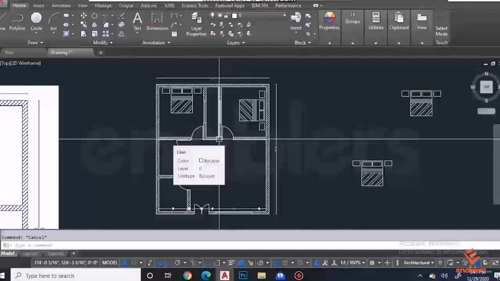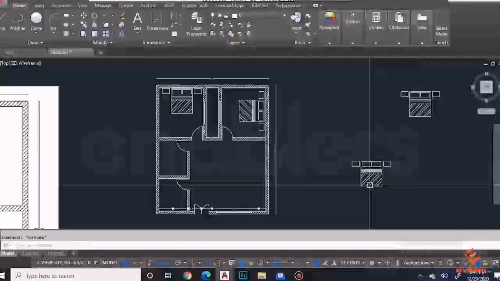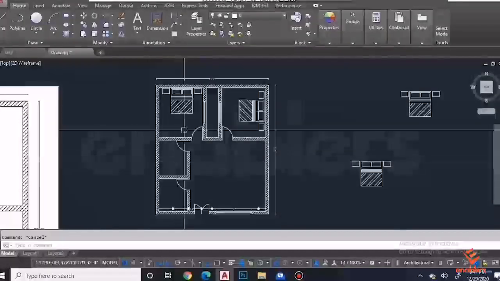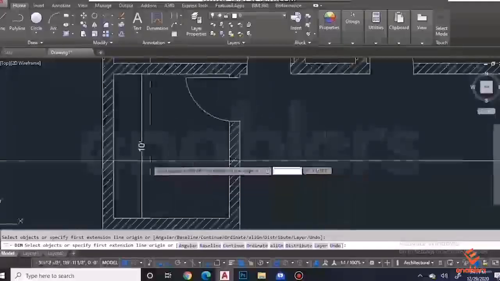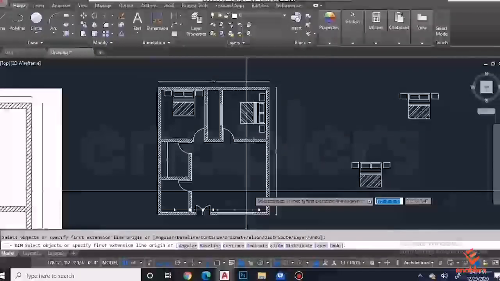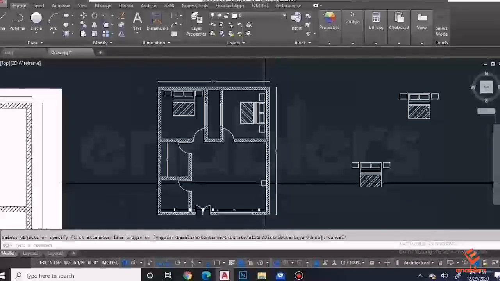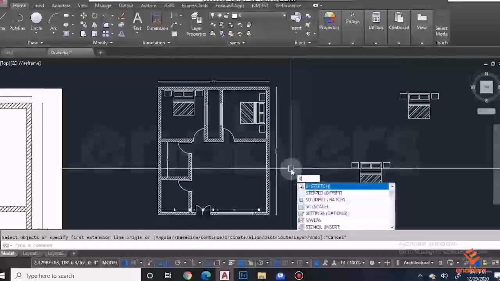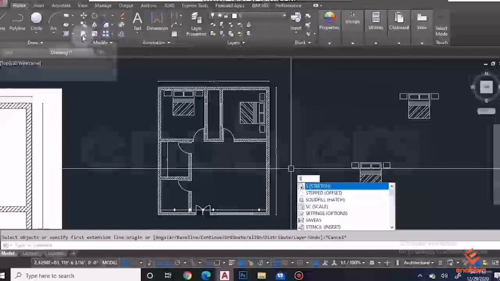Now we will learn about the stretch tool. As you see, we have this small room which we want to expand from 10 feet to 12 feet. For that we will use the stretch tool or the command S,